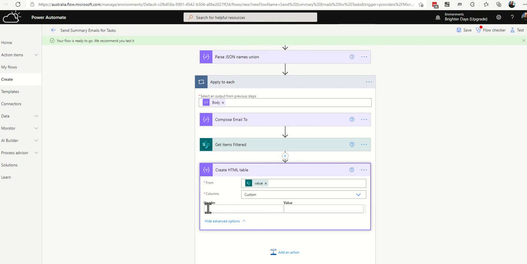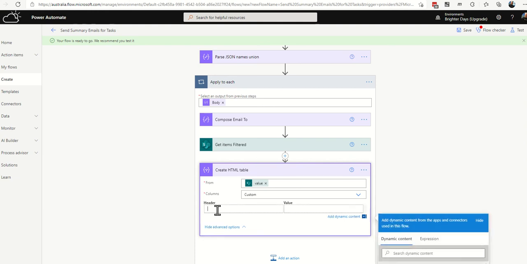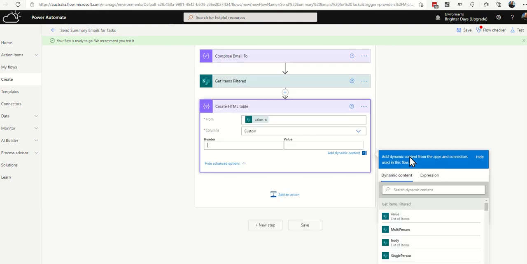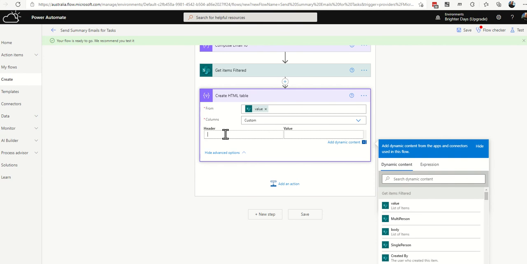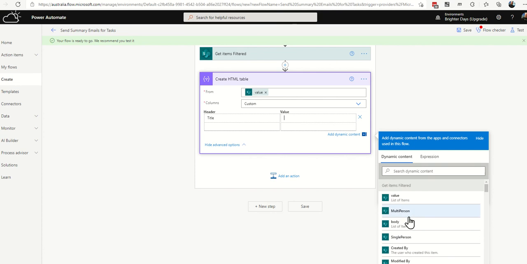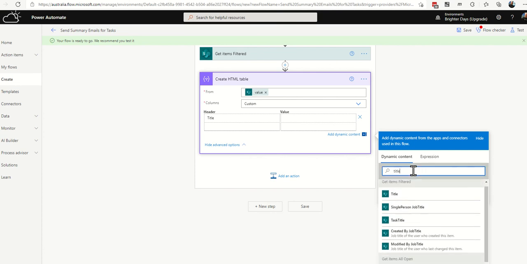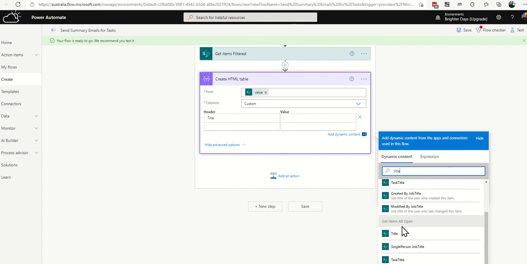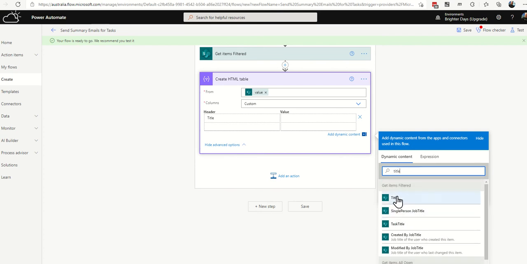Value is where you put your dynamic content, header is where you put in your text. Now header doesn't like spaces when you type in via the UI control, so if you need to put other names in here with spaces to make it easier to read, whack in some compose or some variable actions here, or use dynamic content as an expression to type in what you want to say. Okay, but for me I've got real easy columns, so I'm going to go title. Over here in the value I can see in my Get items filtered, I want the title. I'm going to search for that. So Get items filtered, again make sure that you have got the right one, not the previous step. So Get items filtered, title,